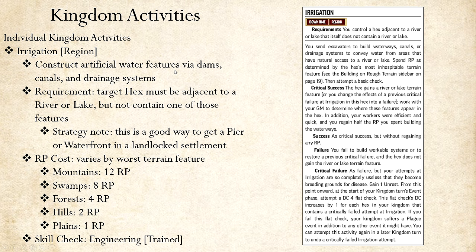Irrigation. This activity has the region trait. You construct artificial water features, such as dams, canals, and drainage systems. The target hex must be adjacent to a river or lake, but must not contain one of those features. This is important. So ultimately, this activity is allowing you to put a lake or river in a hex that